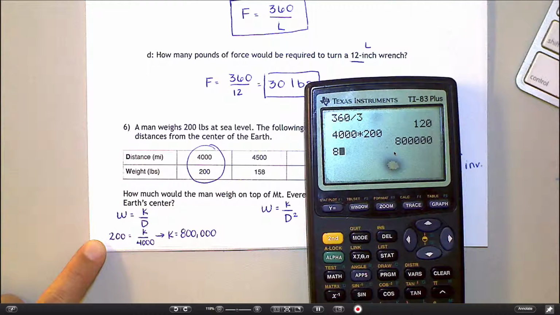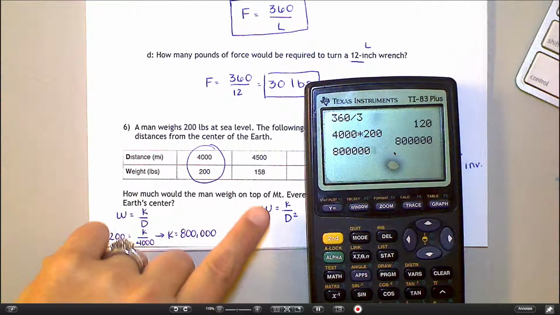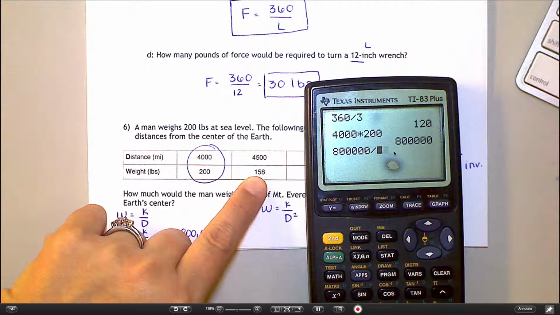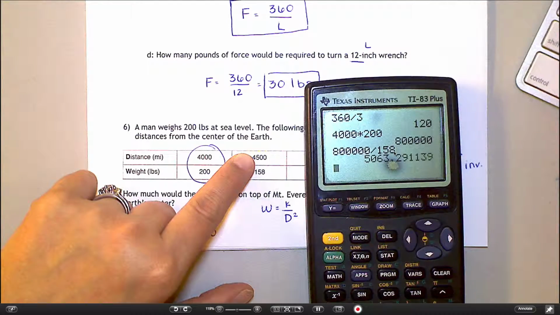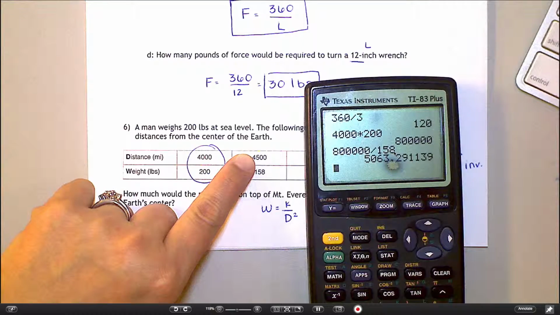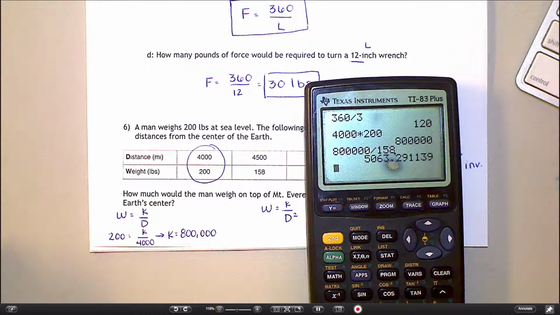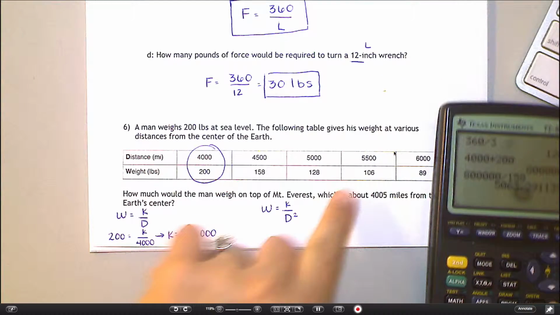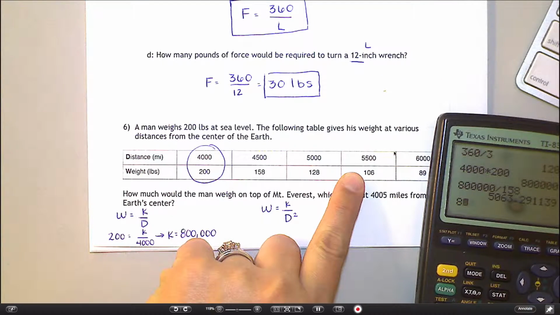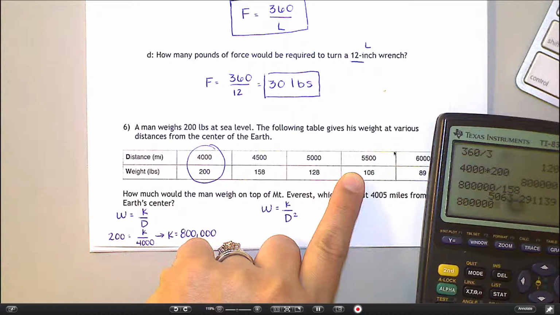I'm going to take 800,000 and divide by 158. And it should give me 4,500. Oh, that does not look like 4,500. And you may in your brain be thinking, but gosh, isn't that close enough? I don't know, let's try another one. So let's try 5,500. So 800,000 divided by 106